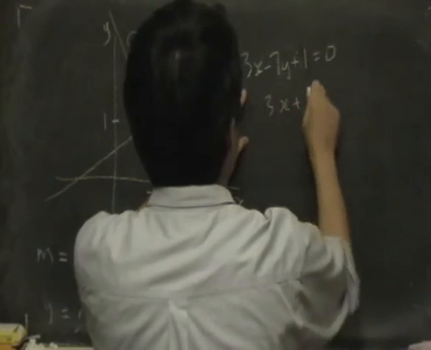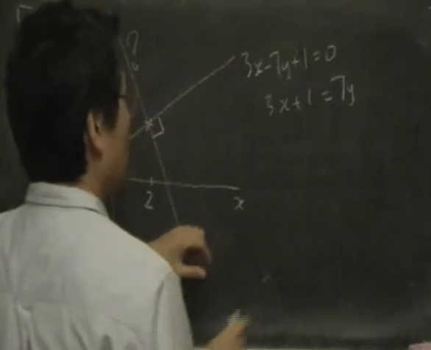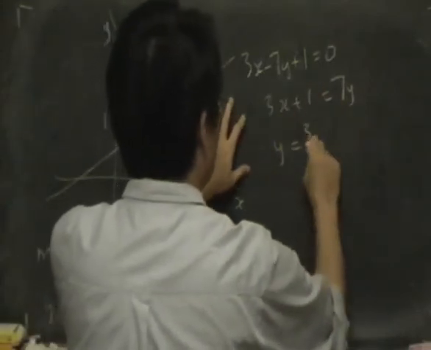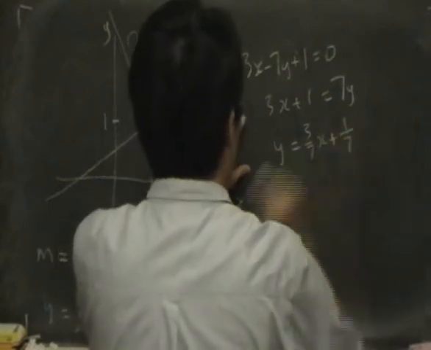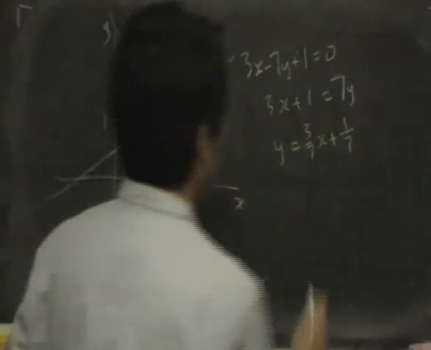3x plus 1, if I move the minus 7y to the other side, that's what it looks like. Now making y the subject, divide both sides by 7, 3 over 7x plus 1 over 7. So that's it. Now it's in this form, y is the subject. So the number multiplying the x is 3 over 7. So that's